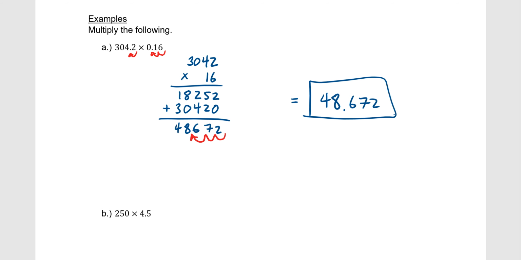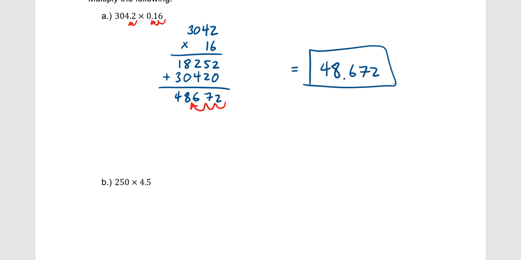So we had 3 decimal points for this final answer based on the original two decimal numbers. Okay, let's do one more. 250 times 4.5. So once again, let's ignore the decimal and do